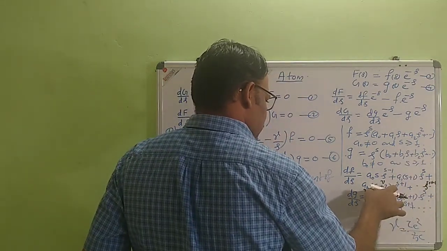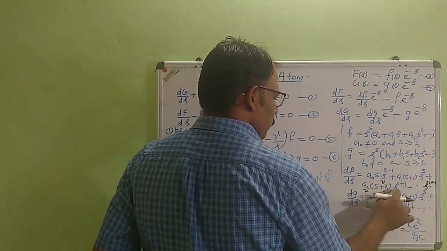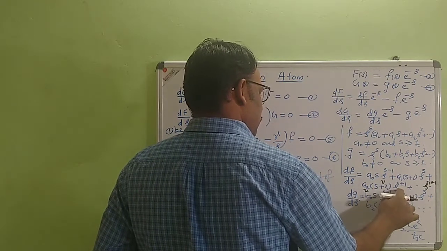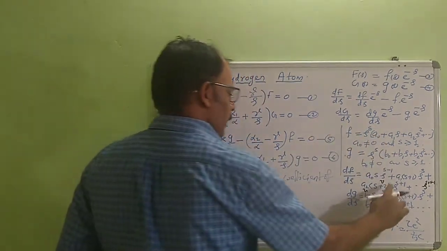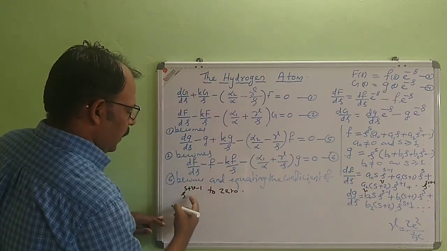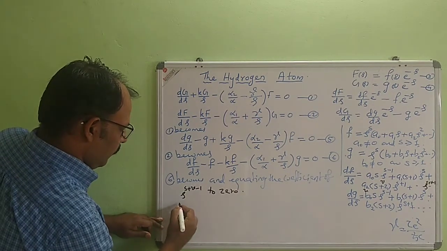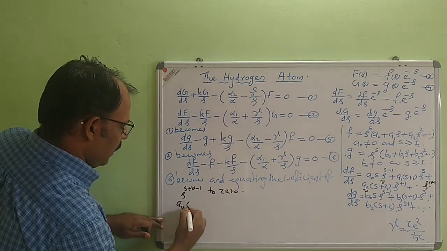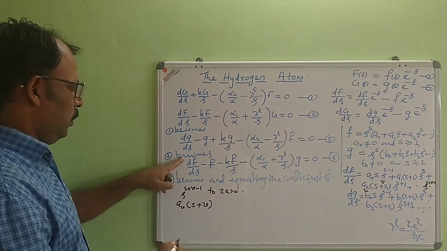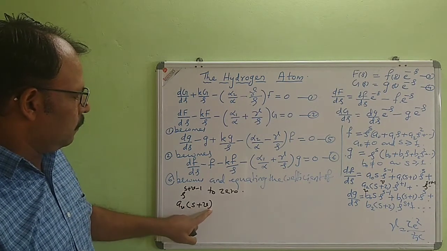So if I take S plus v, then the power will be S plus v minus 1. If I take S plus 2, then the power is S plus 1. Like that, if I take S plus v, the power will be rho raised to S plus v minus 1. So in dF by d rho, the coefficient of rho raised to S plus v minus 1 will be av S plus v.